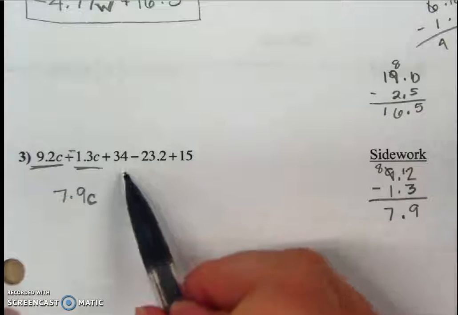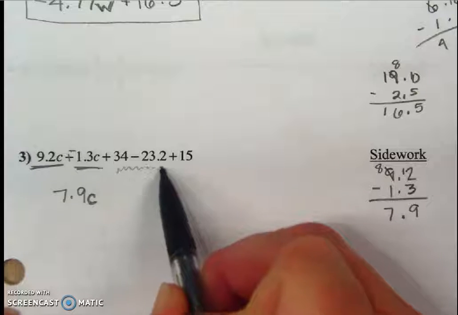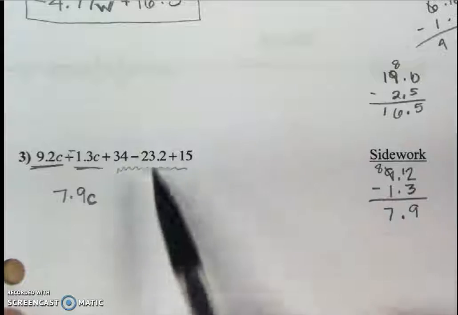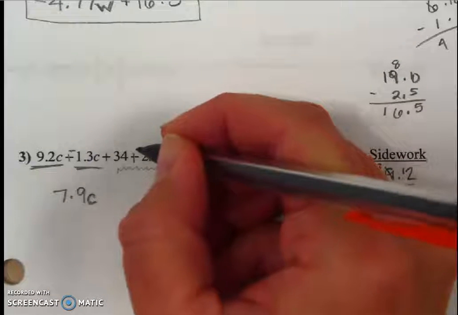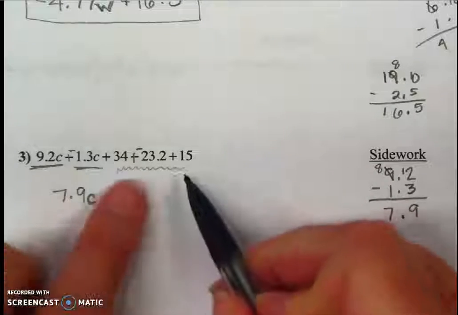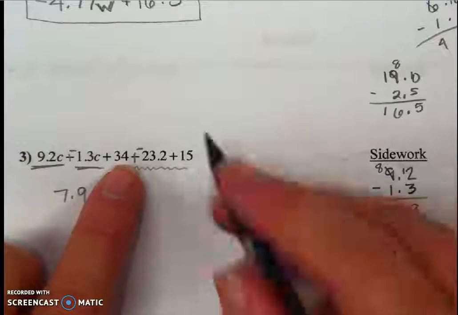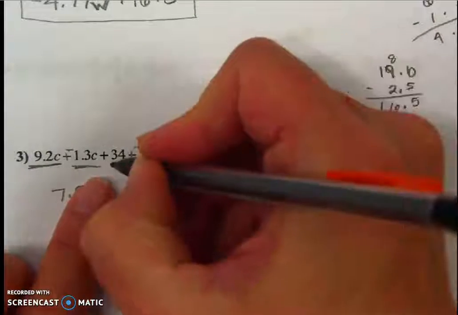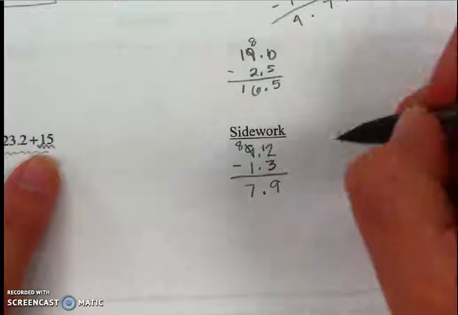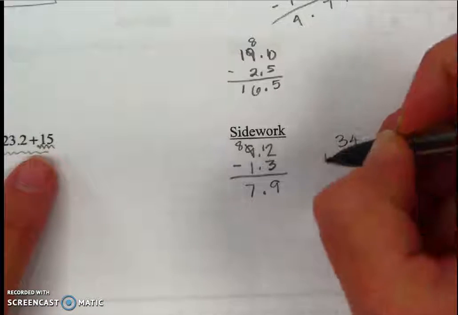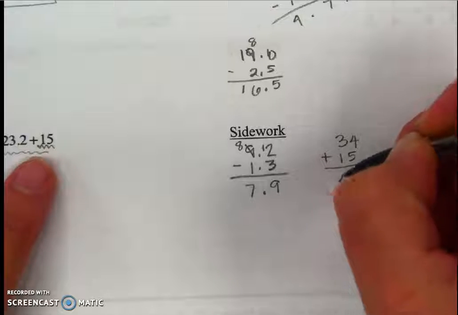Now on to all these constants. All right, so I've got all of the rest of these are constants. I'm just going to kind of squiggle because they're all together already. And I see I've got some subtraction, I've got some addition. I'm going to add the opposite. And so let's look through this. What's going to make this easier? Well, I see 2 positive numbers. So let's go with those first. So I see 34 and 15. Let's combine those. 34 plus 15 is going to give me a 9 and a 4, so that gives me